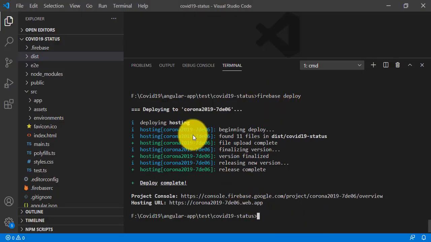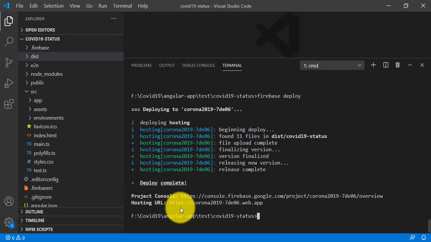Okay, now you'll see here deploying the hosting, it is all related to deploying your project files, and the deploy is completed finally. And here you'll see the project console part, your project name, that is the overview.